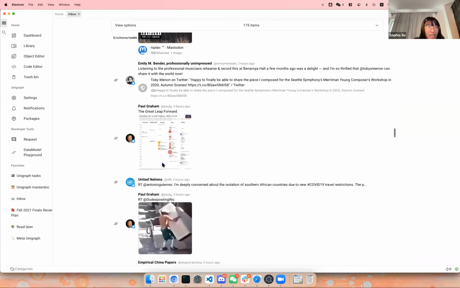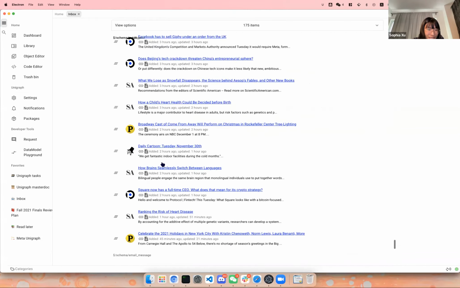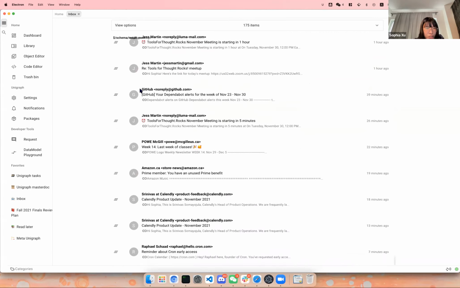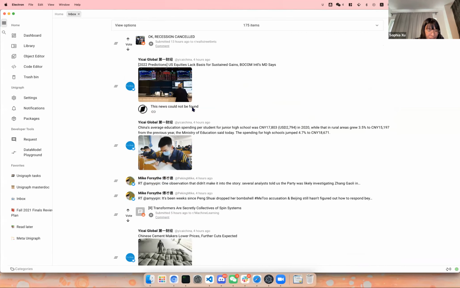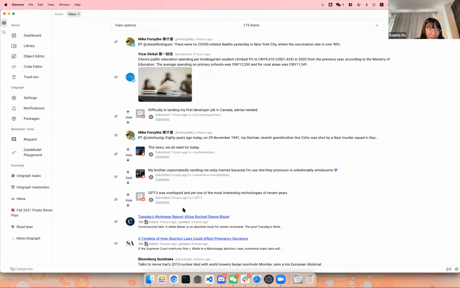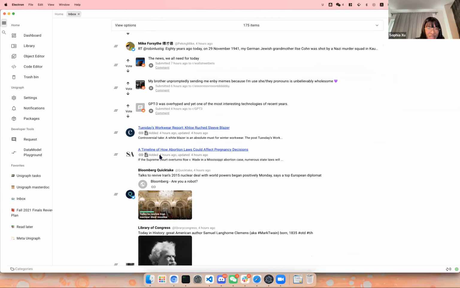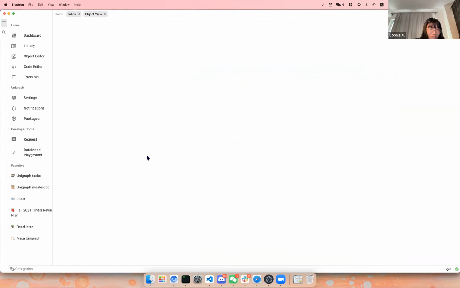Here are the tweets, and here are all the RSS feeds, and here are the emails. You can filter by any of the types, and in the future, you'll be able to group it by interest area, so that if I want to read some cryptocurrency or startup content, I can do that first and do everything later. And it just basically jumps back into the read later view.